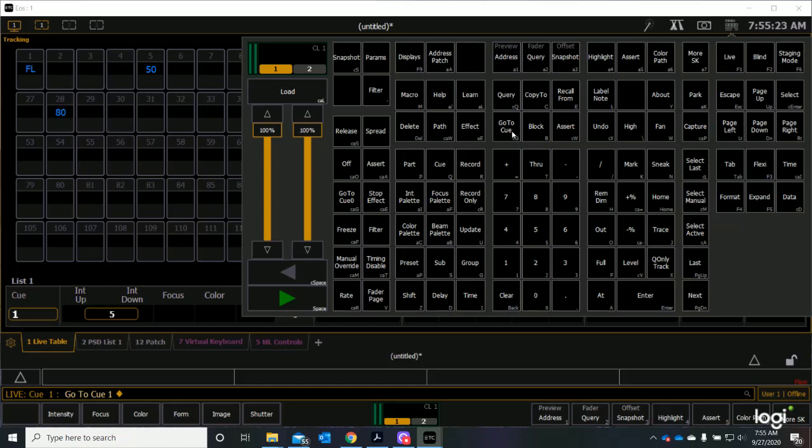If I say go to Q0, right, there is no Q0, enter. There actually is a Q0, but it's non-editable. You can't record it, right? And so now I can say record Q4, enter, and now Q4 is my blackout at the end of the scene. Yes? So we've covered the go to cue, we've covered the color of the channels, playback,